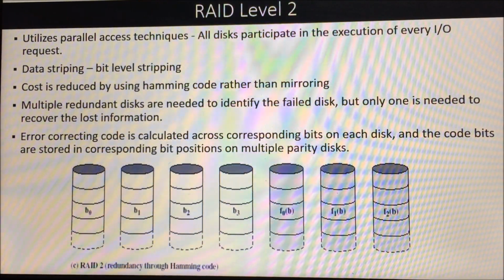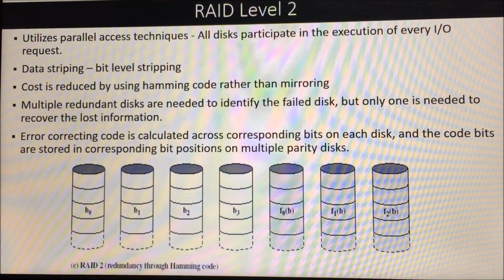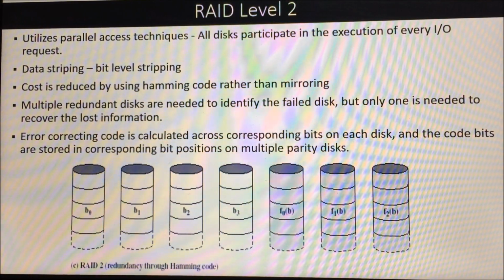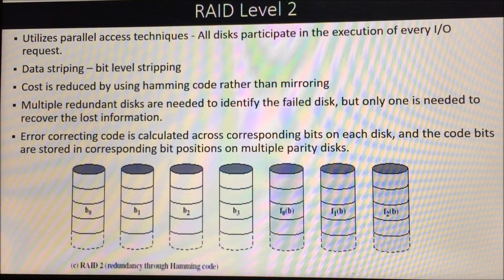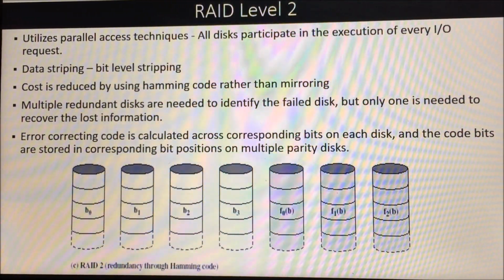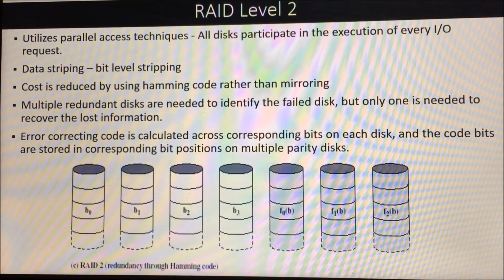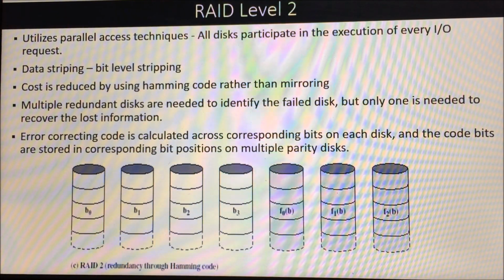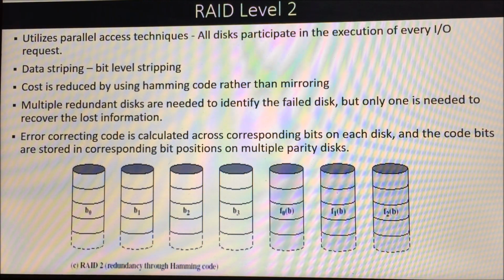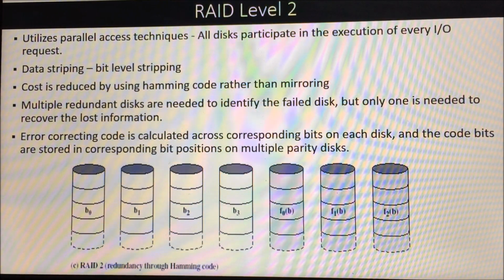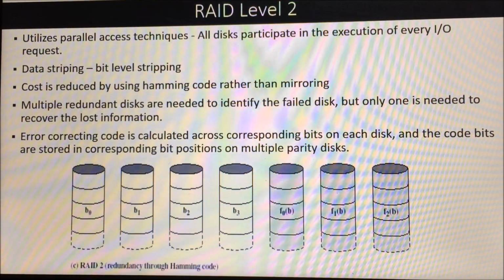So in order to reduce that cost, bit level stripping is introduced and Hamming code is introduced in place of the mirroring method. So the redundant data is maintained using the Hamming code method. If you see here, B0, B1, B2, B3 are the data disks, and F0B, F1B, F2B are the redundant disks. Whatever bit we have in a particular position i of B0, B1, B2, B3, the check bits of the Hamming code will be found